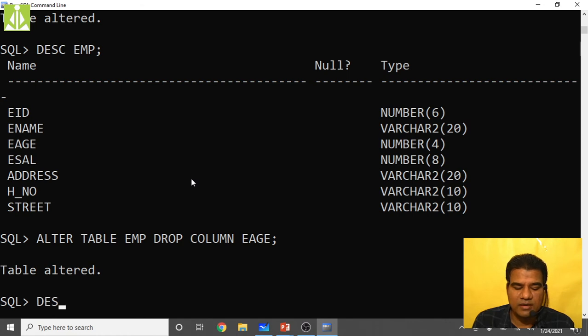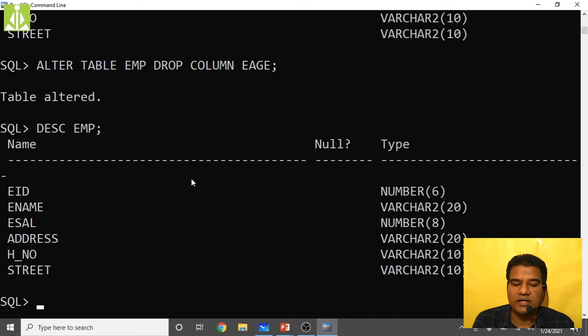Again, describe emp, yes, it has deleted that EH, as you can see. Not only empty columns, but also columns which have field values are deleted. Remember it that way. It is an auto-committed command, so I cannot get back that EH.